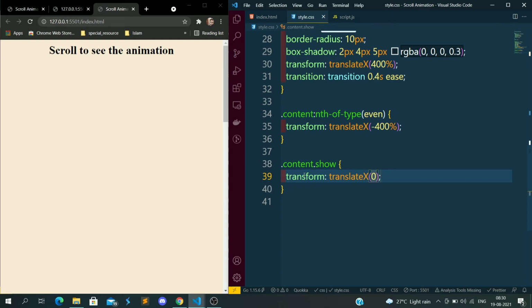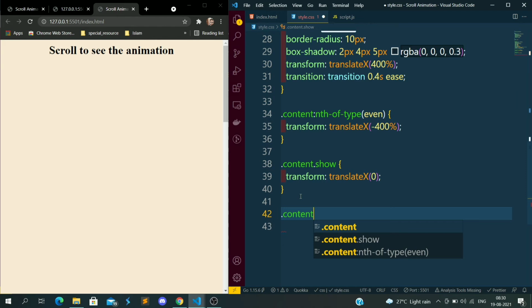Now I want to apply some CSS to the content inside the div.